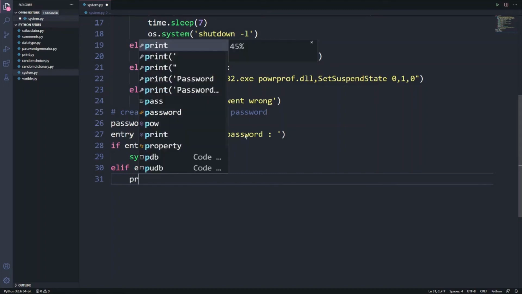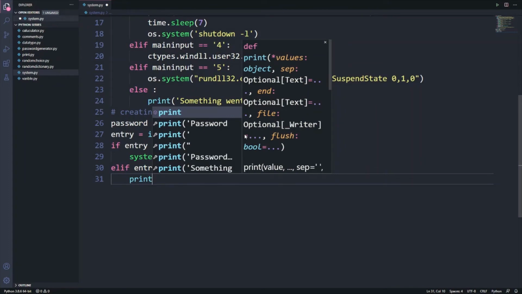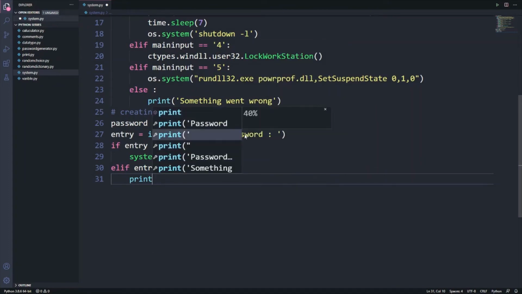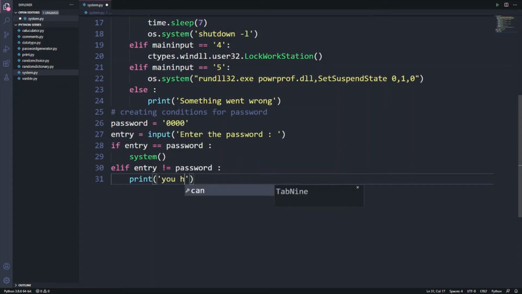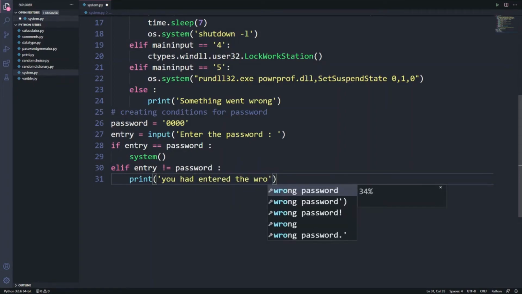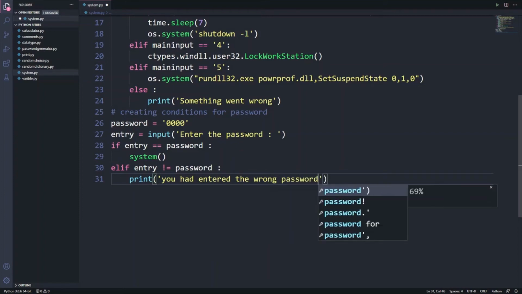Okay, let's print: you have entered a wrong password. Please check it. Please enter the password